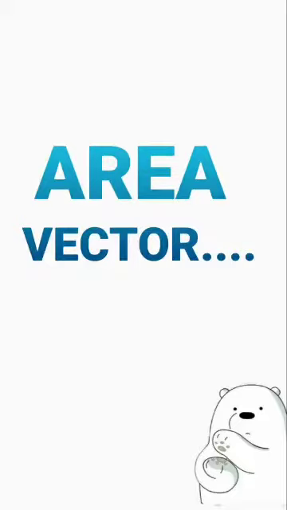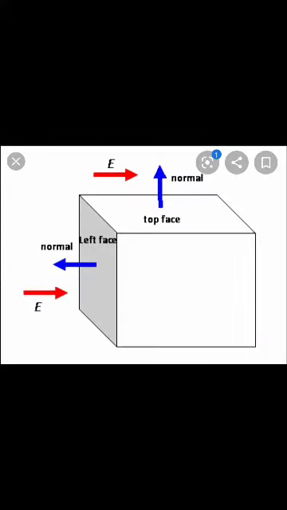Up till now, we said that area is a scalar quantity, but when we talk of electric flux and Gauss law, we take it as a vector quantity. This is because as we change the angle of the surface area, the number of lines of force change significantly. Area vector in Q. Here the area vector points downward. Along other four sides, the direction of the area vector is perpendicular to the direction of electric field.